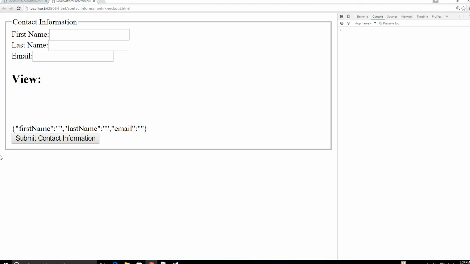So as you can see, this is a new thing that we just added. This is our view model. This view model basically contains first name, last name, and email. And as we type here,